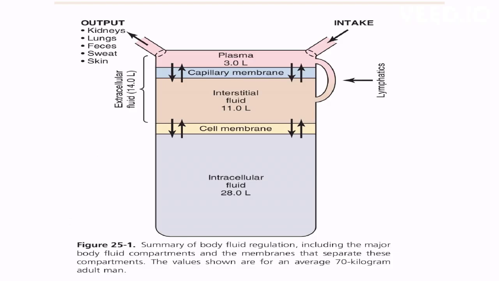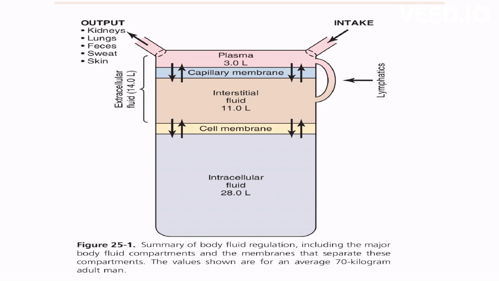And this is the picture. I obtained it from a book of my reference, which is Guyton and Hall, 13th edition. It shows a summary of the fluid compartments. As I told you, there are two major compartments: intracellular and extracellular. Intracellular constitutes about 28 liters, as you can see, 28 liters,